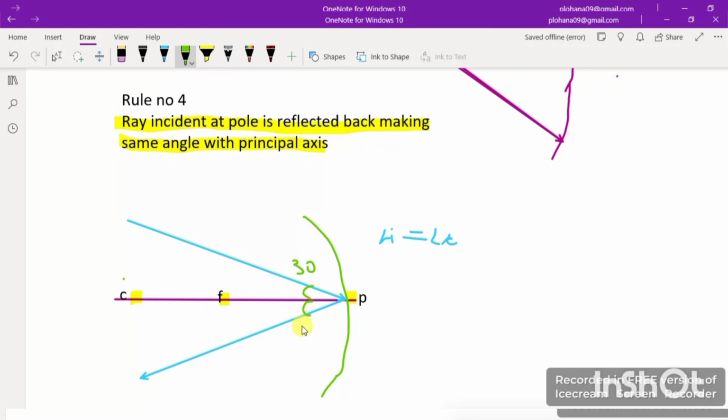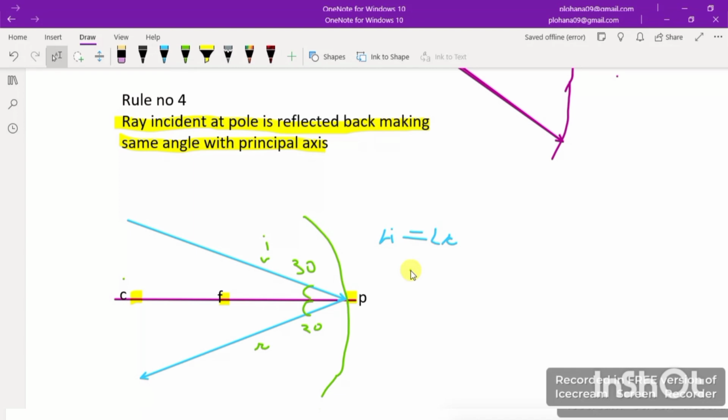When the incident ray hits the pole, it reflects back with the same 30 degree angle. So this is the law of reflection, which is the fourth rule of forming an image in the concave mirror,